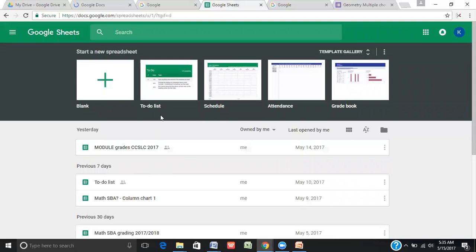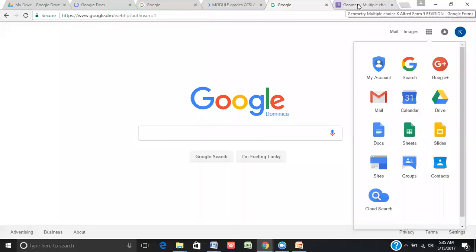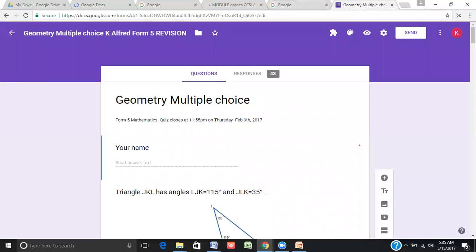Then we have Google Sheets. Google Sheets would be an example where you would use a spreadsheet like Excel. And I could open an example for you to see. And then lastly, we have Google Forms. And again, I would open an example for you to see. So these, we can do them together. Okay, so that's the example of the Google Sheets to save